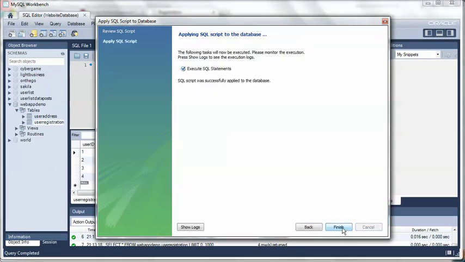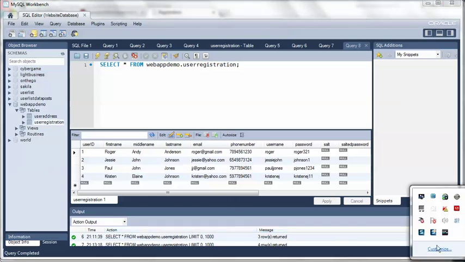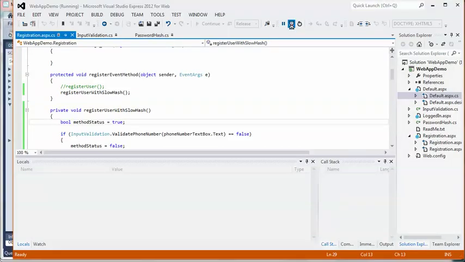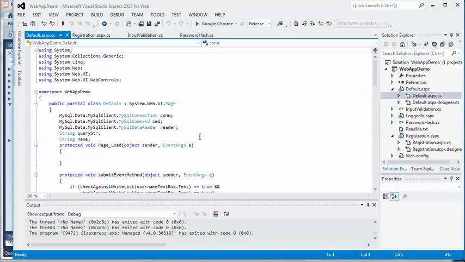And we can test out the actual logging in using that information, but first we actually have to write the code to log in. So give me a second to do that. Okay guys, so let's go ahead and stop this application. Let's go to the default and